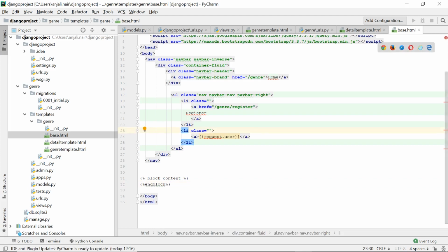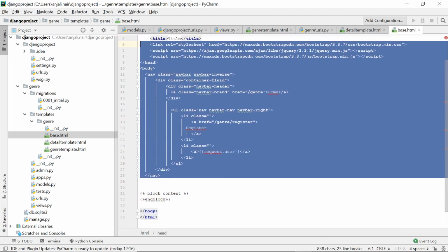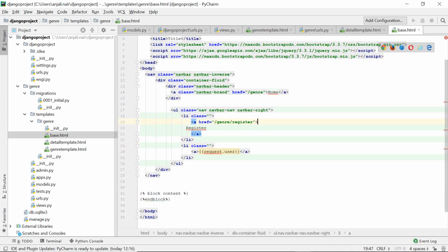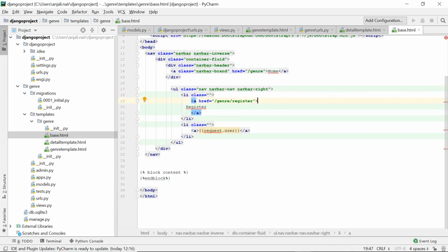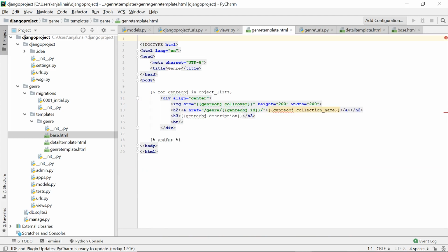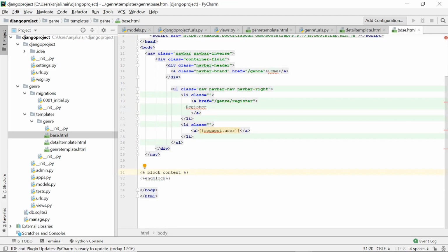So basically this entire part creates your navigation bar, but you require this navigation bar to be present in multiple pages. So here, when you say block content and end block, it's basically the content that will fall in each of the pages. So if I go to my genre template page, I can simply include the base template here,